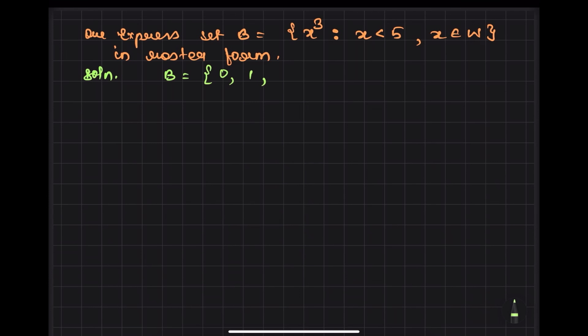Third whole number is 2. 2 cube is 8. Then 3, 27. Then 4, 64. You cannot use 5 because it is less than 5. Okay. So this is set B in the roster form